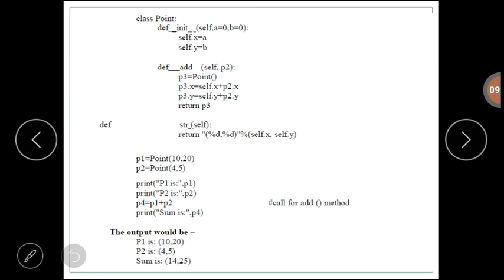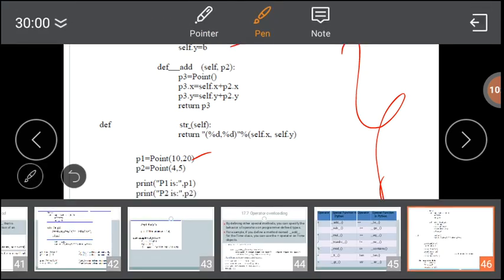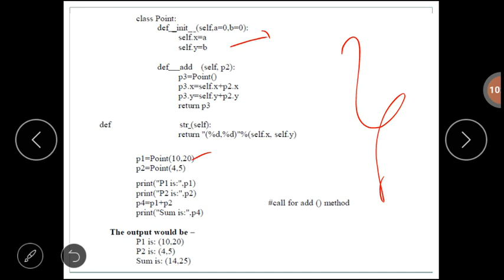In this particular program what we are doing is adding two endpoints. So first create the object for p1. While creating the object, it will automatically call the init method to initialize the values of x and y. Again create one more object p2.